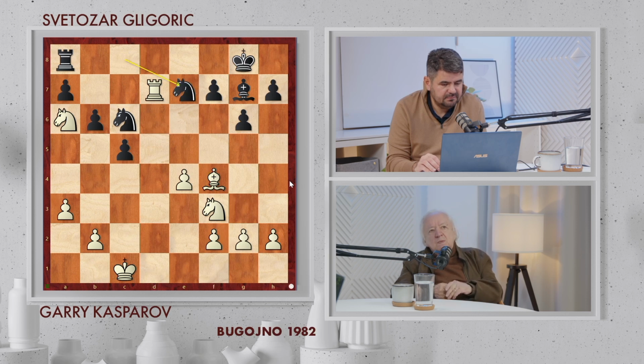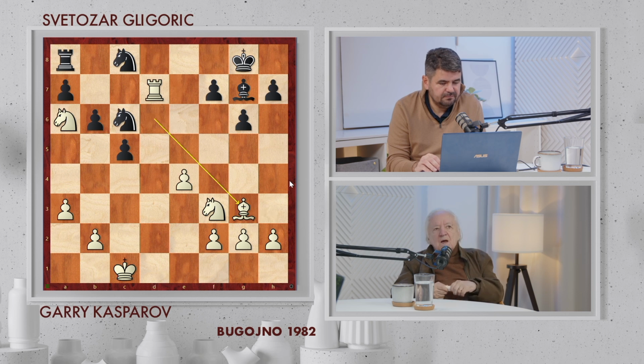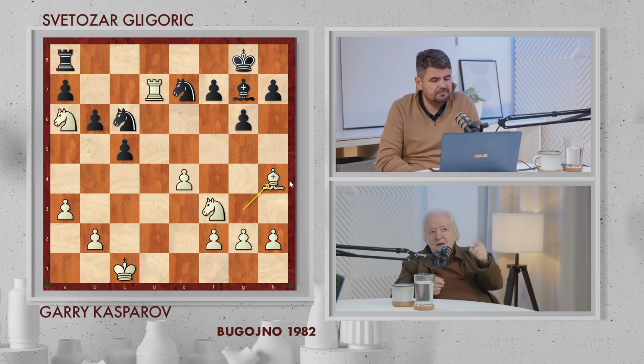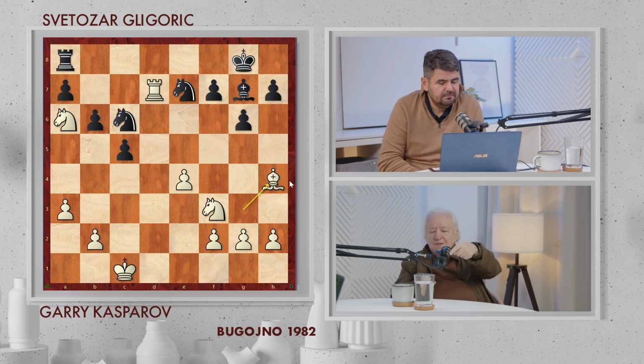So, knight back. It was a little bit time trouble, therefore they repeat, I think, the position once. Bishop there, knight back, bishop g3. Now back. And now he changes the plan and goes to h4. Now it's clear. He wants to come with the bishop on the other diagonal. Now, to defend the knight